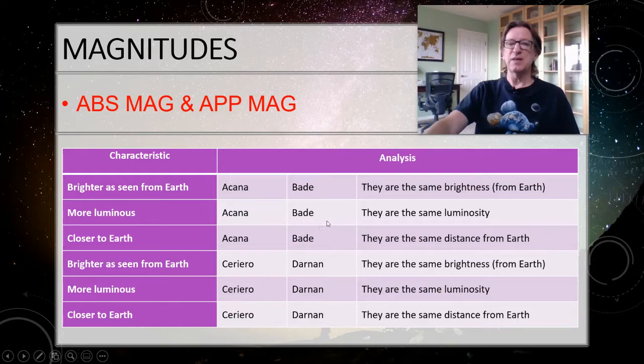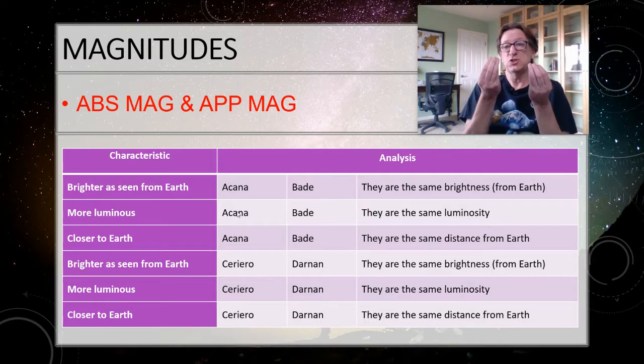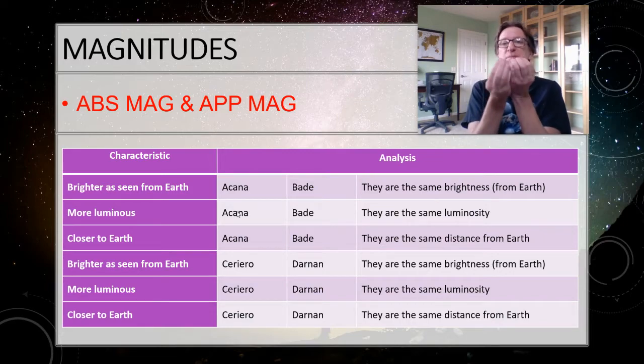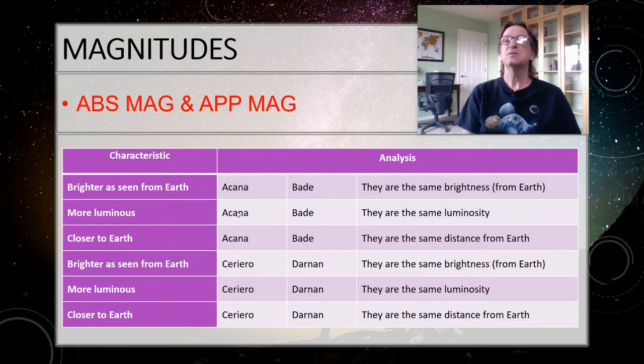So let's think about that then. Now we've got to use some logic here. Star A is actually dimmer than star B as seen from Earth. But in reality, they're the same brightness. So the only way that's possible is if star B is brighter than it should be, if you want to think of it that way. Star B must be closer than star A. Star A is dimmer, so it must be farther away. Star B is brighter, so it must be closer, because in reality, they're the same kind of star. They're the same brightness. The only reason why star A seems dimmer is it's farther away. Star B then is closer than star A.